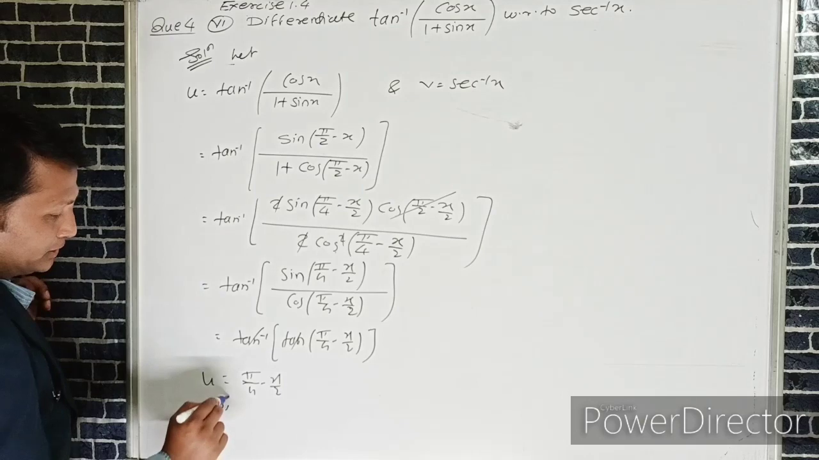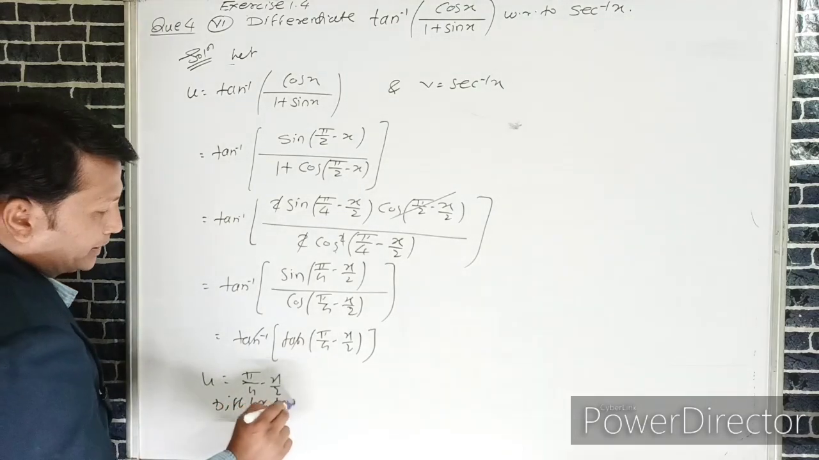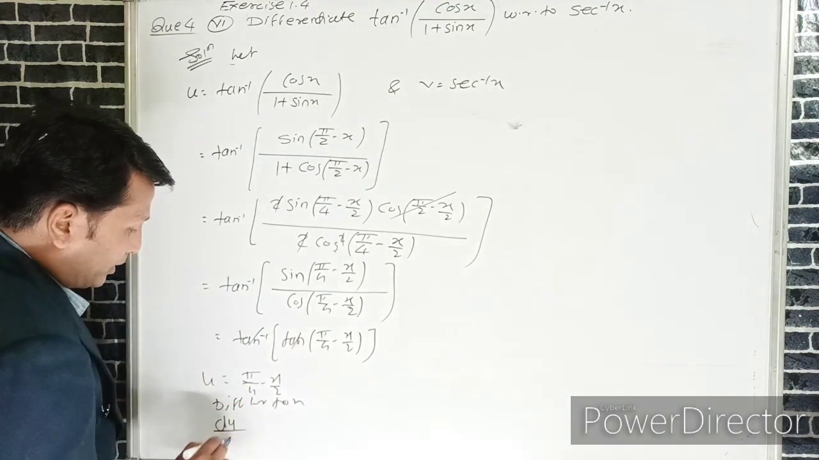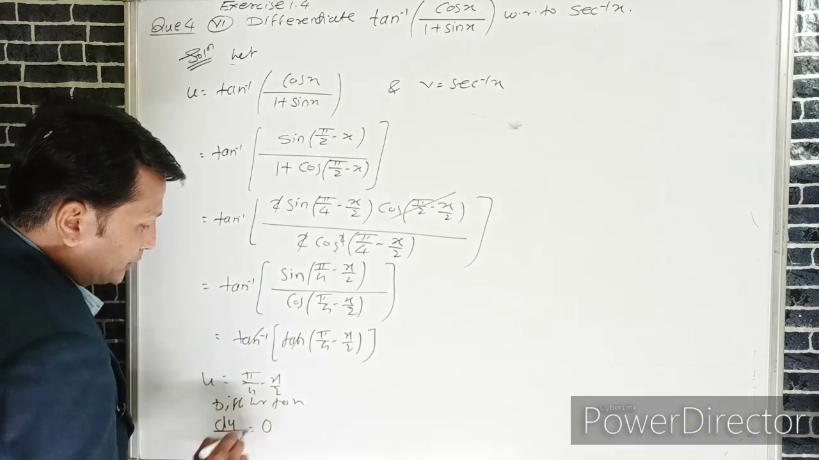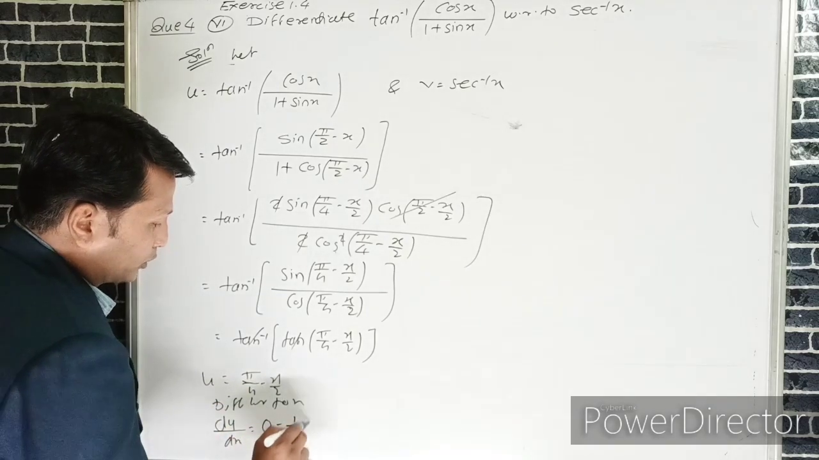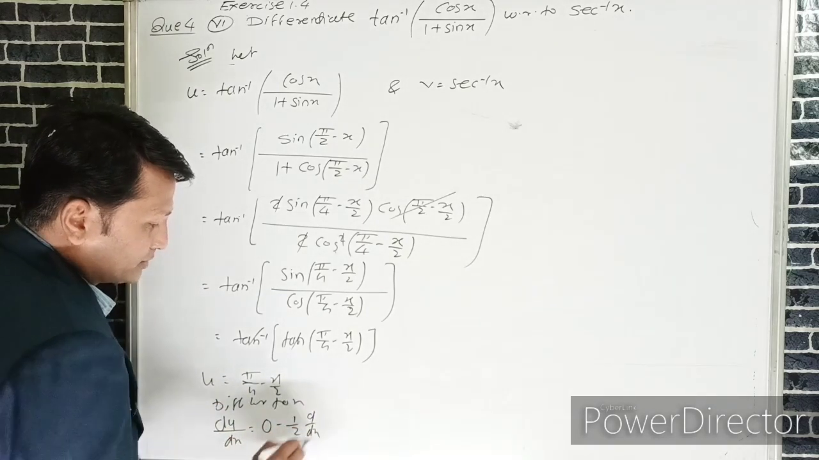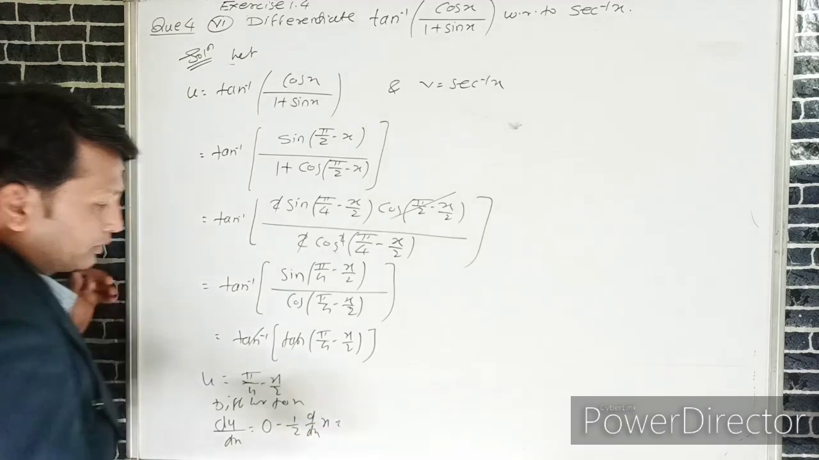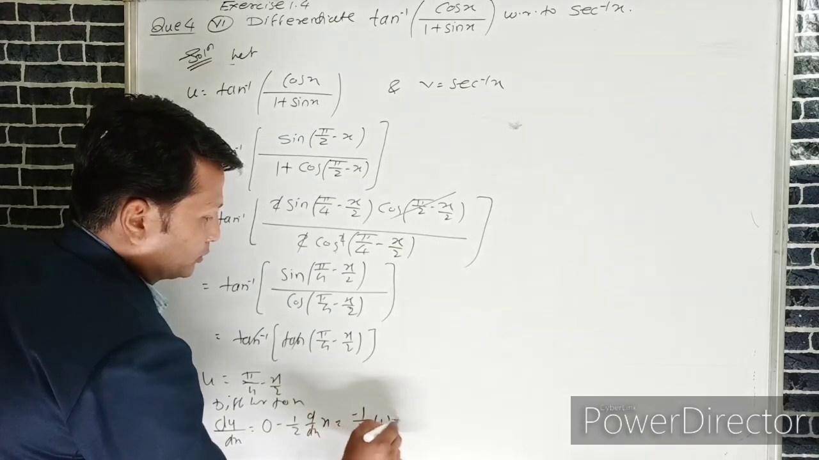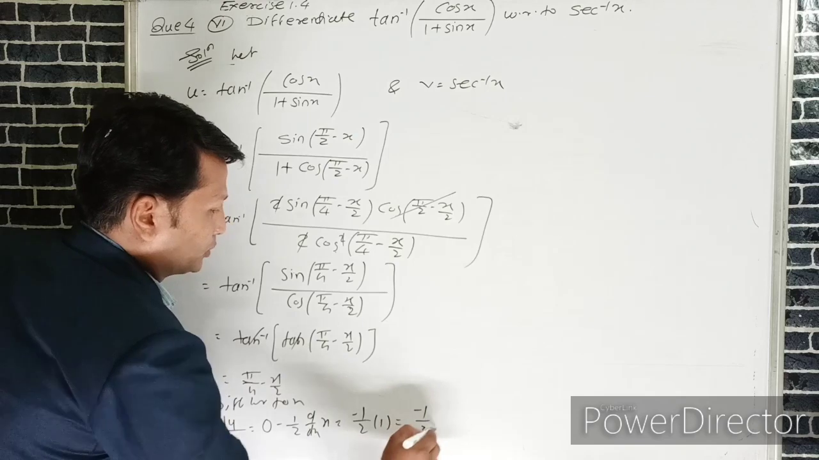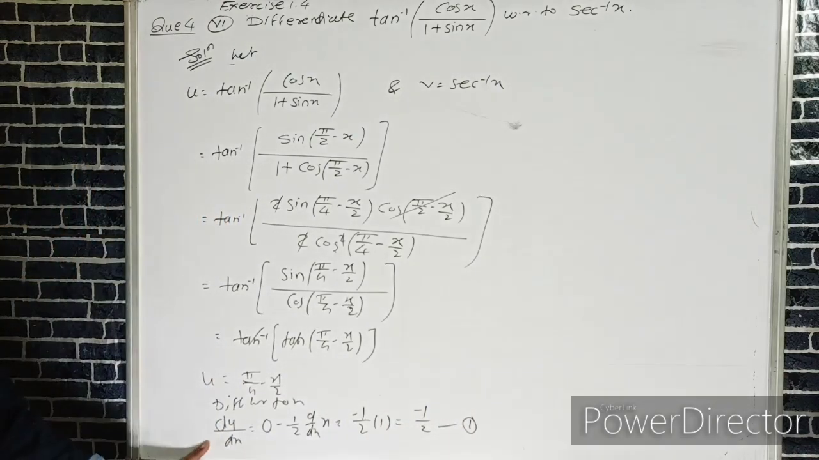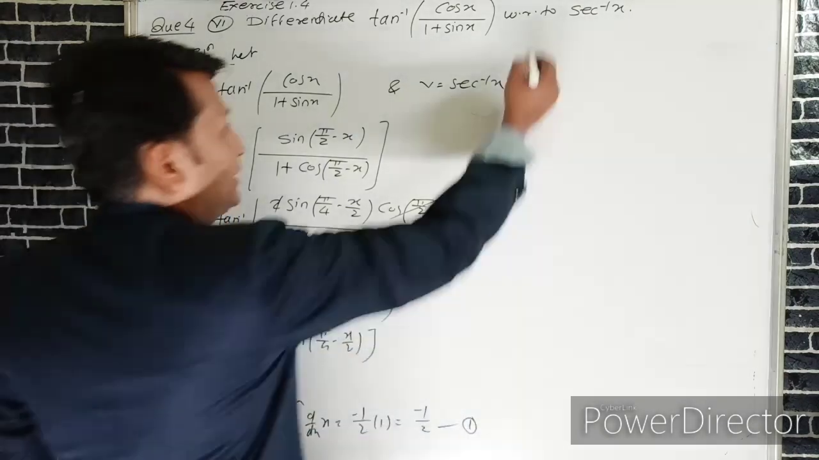If we differentiate with respect to x, then we can write du upon dx is equal to the derivative of pi by 4, which is 0, minus 1 by 2 constant. We get the derivative of x, and the derivative of x is 1, minus 1 by 2 into 1. We can write minus 1 by 2, which is the value of du by dx. Now if we take v